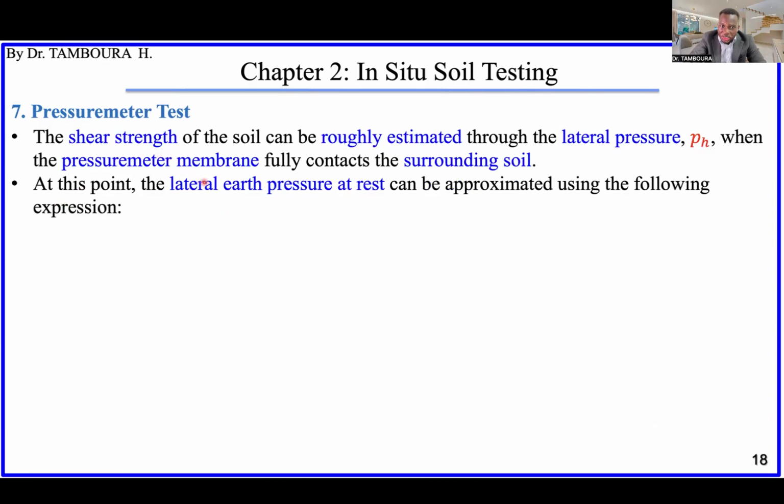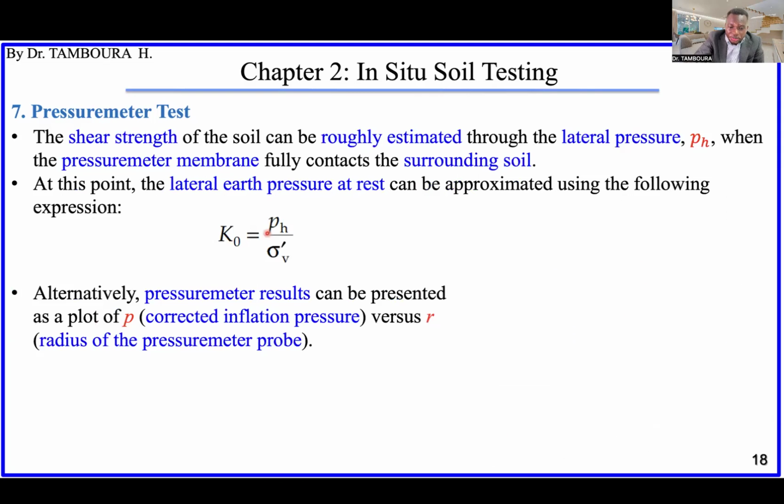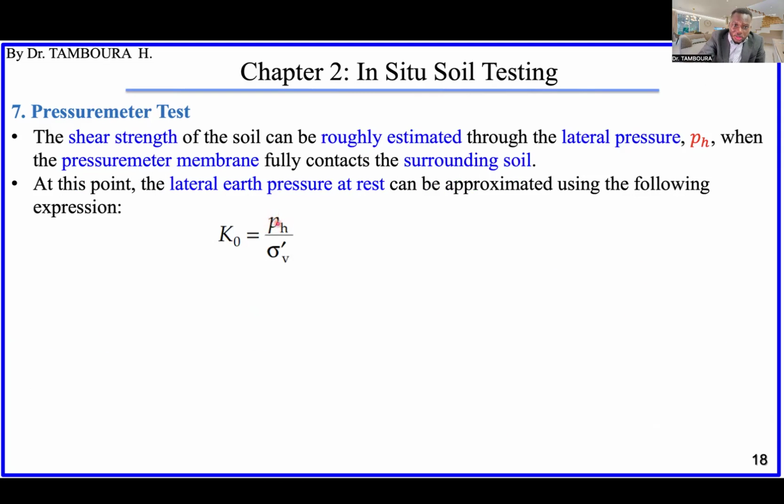Okay, at this point, the lateral pressure at rest can be approximated using the following expression, this one, okay? Because as we said, this is just using the P0, okay? If you replace the initial contact